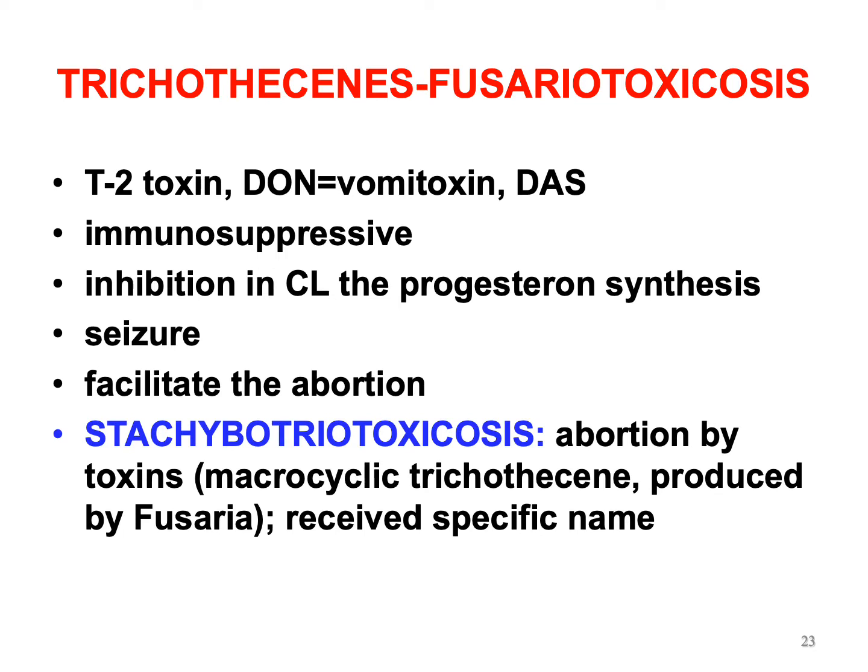The next group are the trichothecene-structured mycotoxins, or fusariotoxicosis in the old name. The most important members of this group are the T2 toxin, the DON or vomitoxin, and diacetoxyscirpenol. They are all immunosuppressive. DON, of course, will cause feed rejection, but the most important,